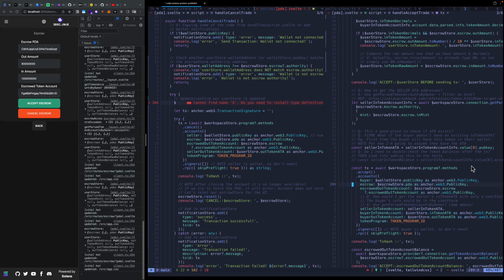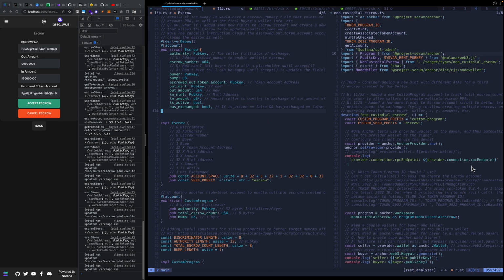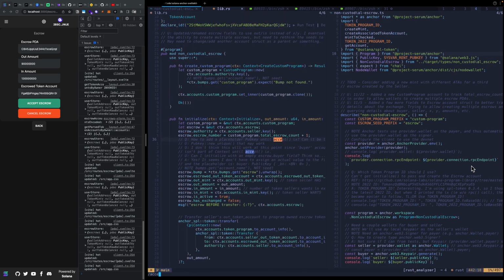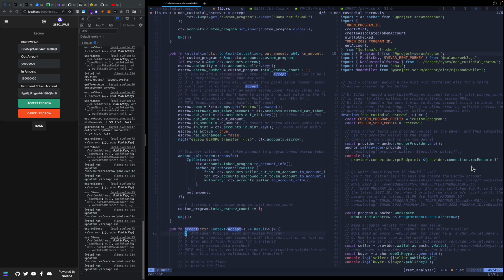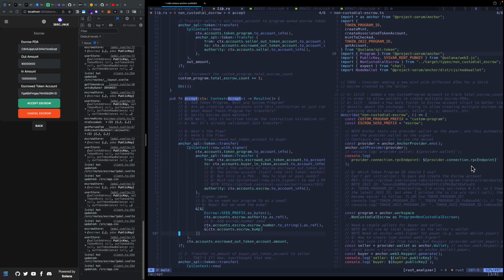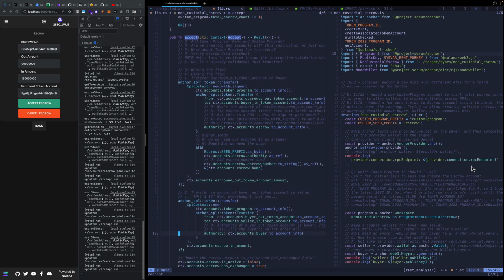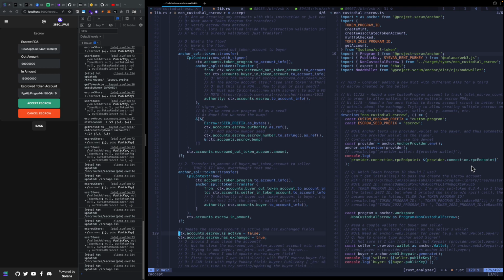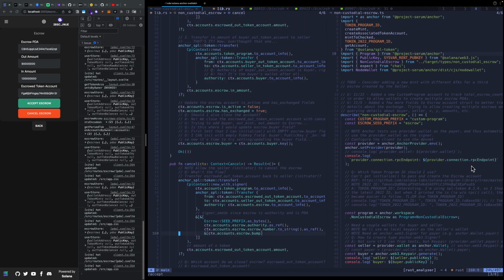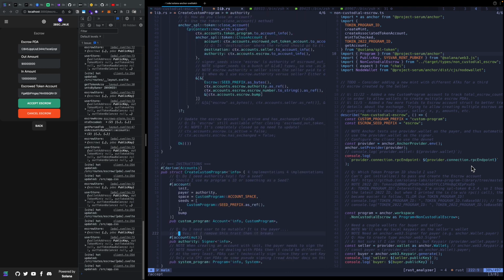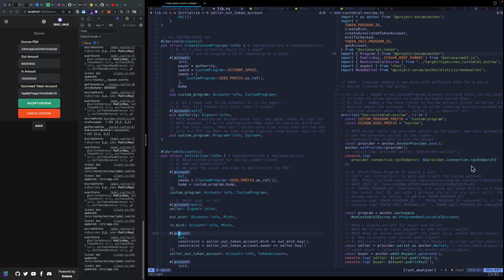Now that said, if I look at my program and I look at the accept here, all the validation is coming from my accept context, and we are modifying this stuff here, but scroll down to the validation struct for accept,